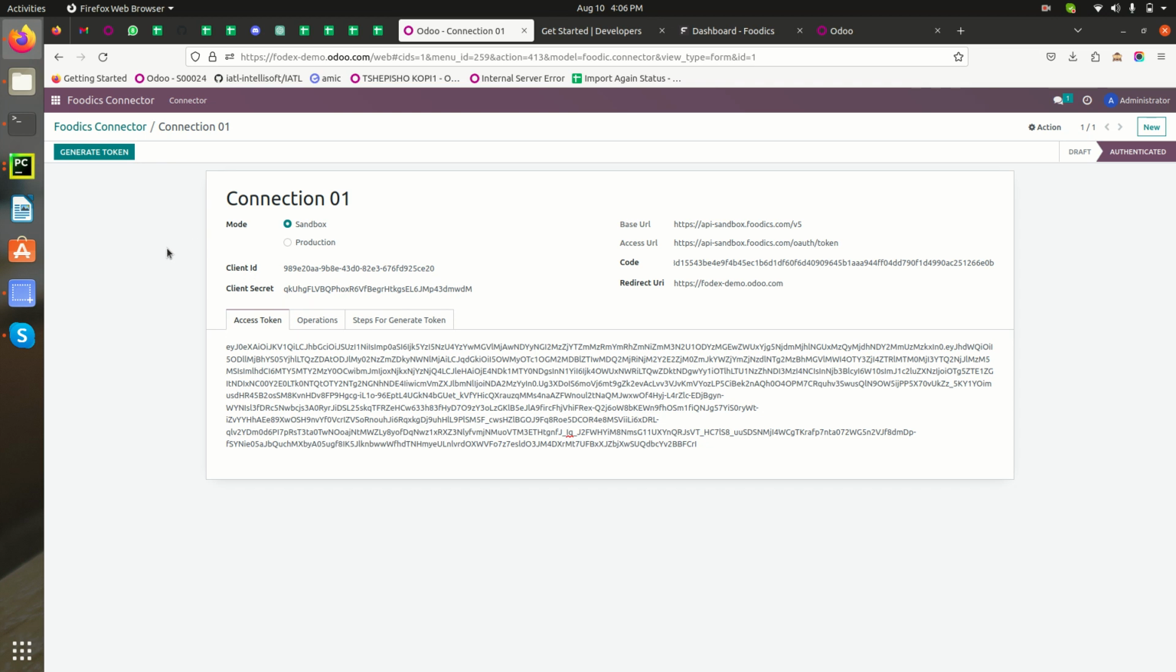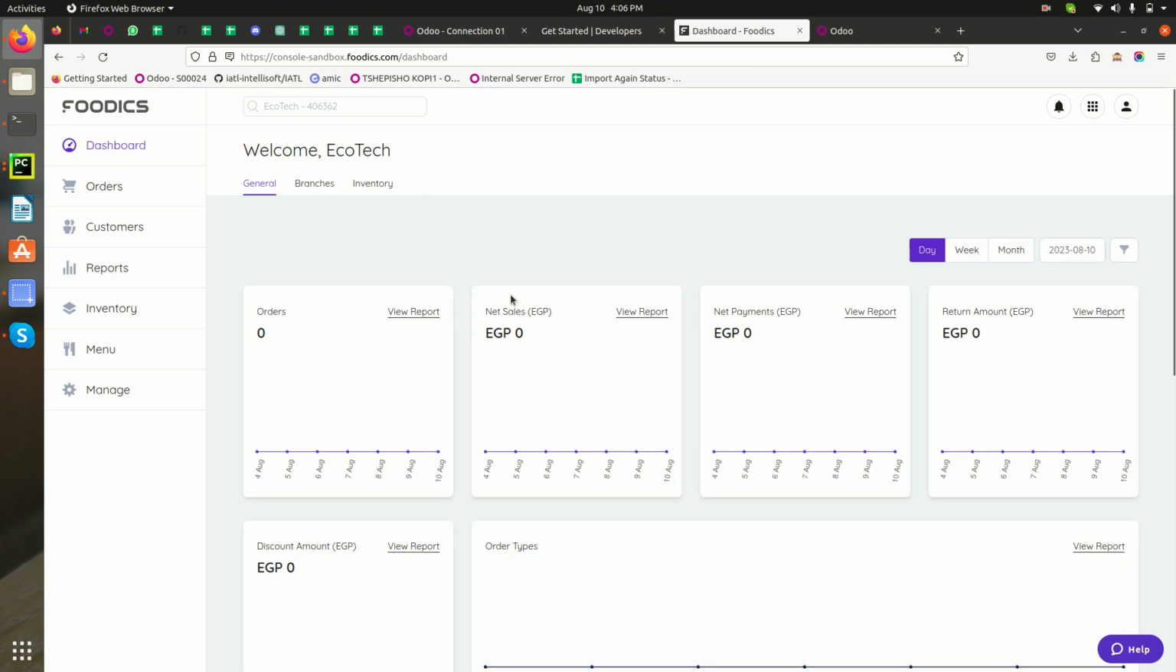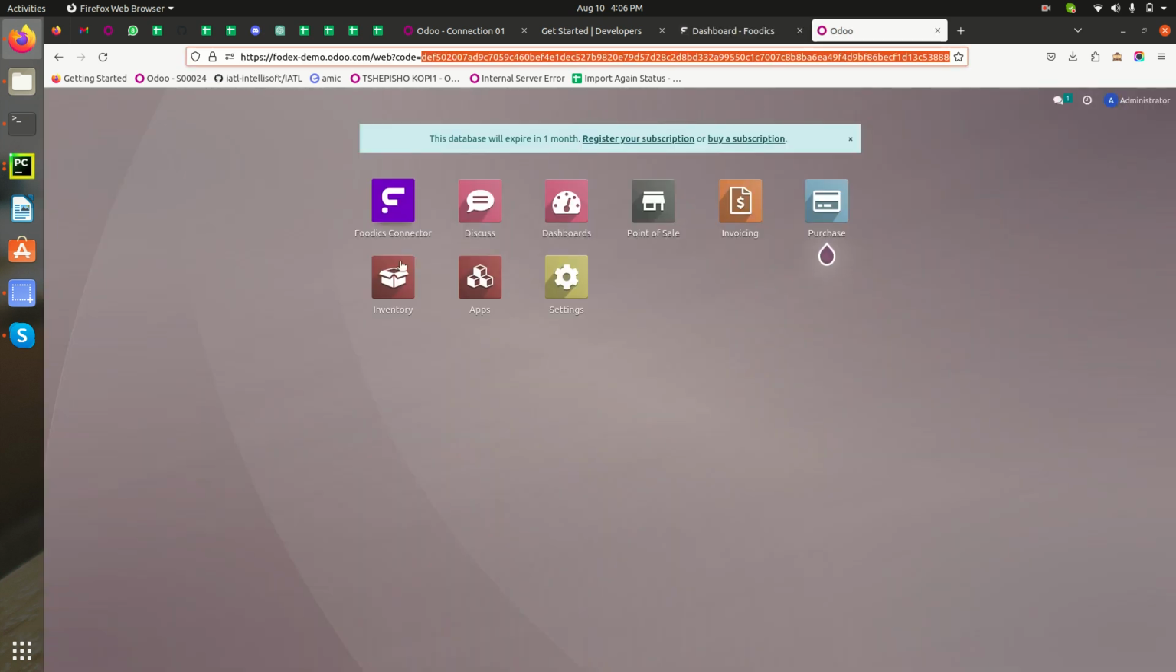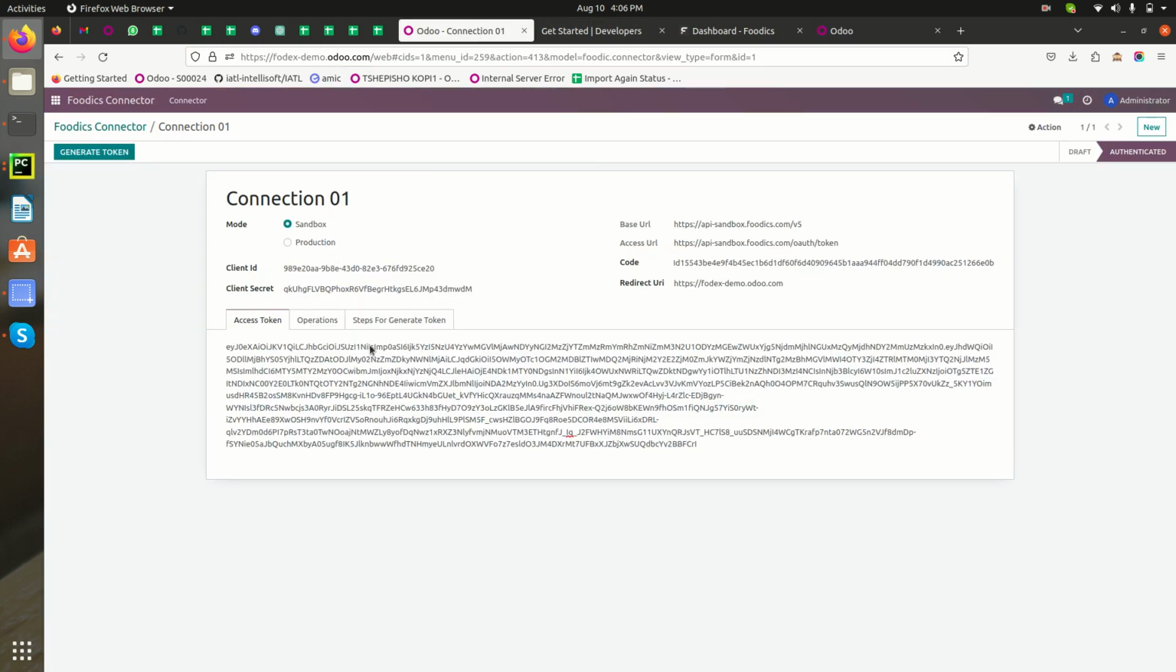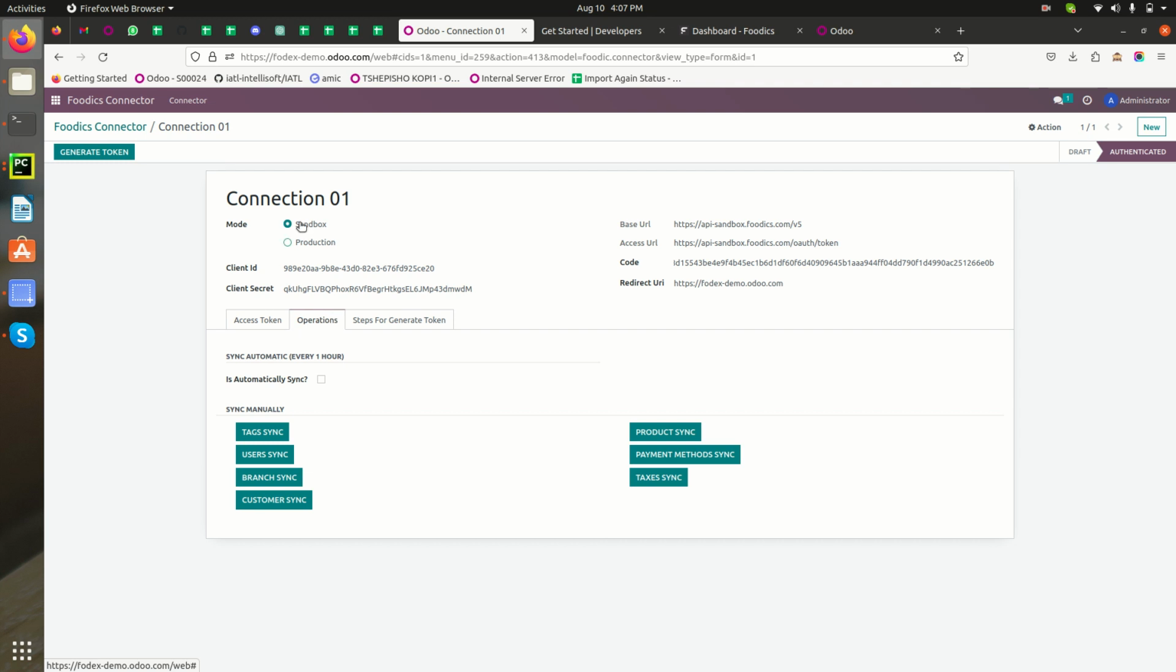Hello everyone. In this video we have seen how we can generate the token. For that, we have logged in to Foodics, we have already logged in with Odoo and installed the modules, and then in just a few clicks we can generate the tokens as well. After generating the tokens, we have added a tab called Operations, and in Operations, we have